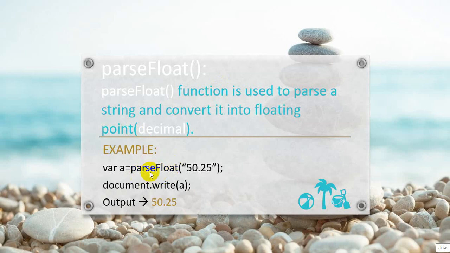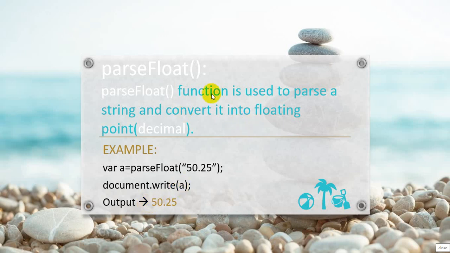If you won't use proper case, you will not get the proper result. Okay, so you have parseString, that is 50.25. Your result will be document.write, meaning this value will be stored inside variable a and it will convert into 50.25. In case you use the parseInt function, student, it will give the result as 50. We have seen this in our previous lectures. Okay, that's it. It's very simple.